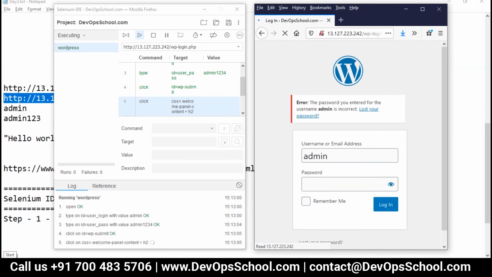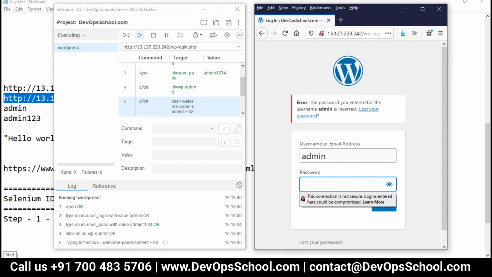Password, and the password failed. The assertion should fail now. See here, the assertion is trying to find Welcome to WordPress. You see that it could not get the assertion. It is still trying, by the way, and it should be failing. Browser testing is a little bit slow all the time, so nothing can be done.